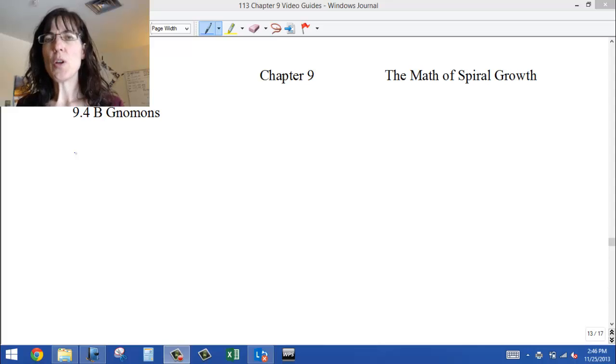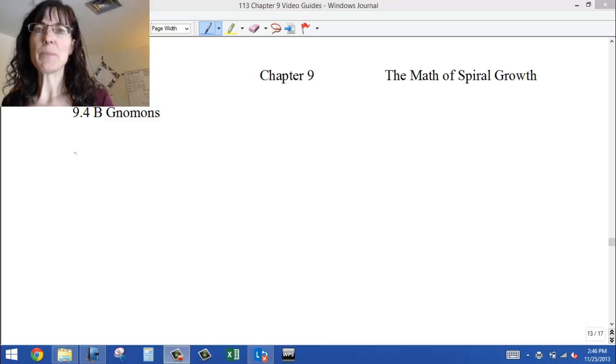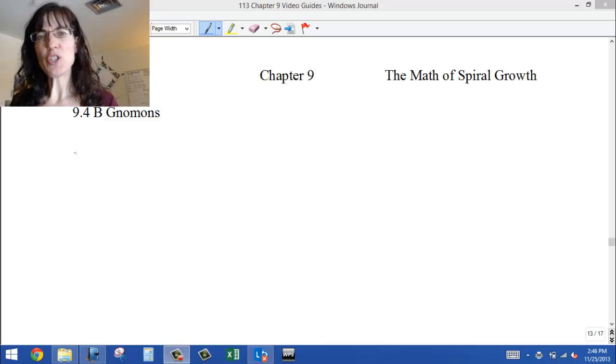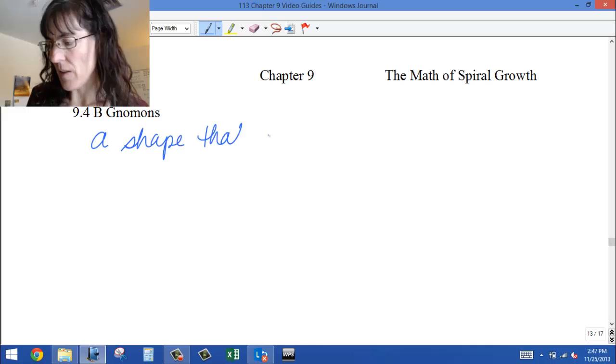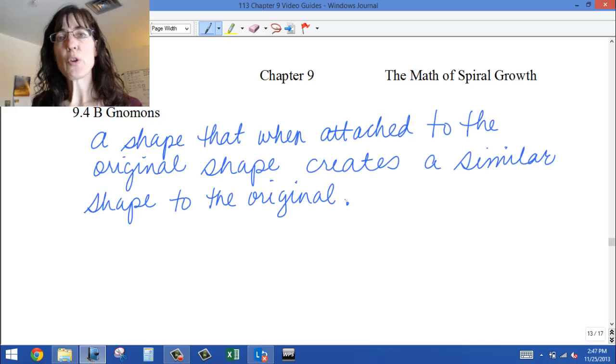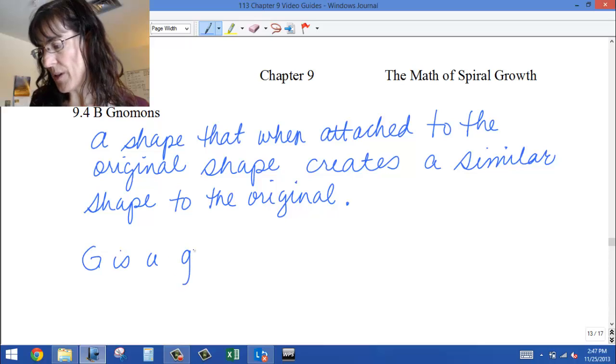Gnomons. Gnomons are pieces of geometric shapes that you can attach to an existing geometric shape and cause it to create something new that is similar to the original shape. First, let's write a definition for that. We would say that G is a gnomon